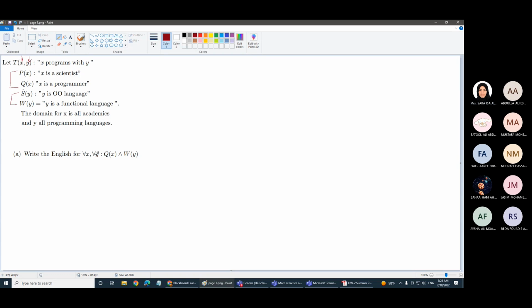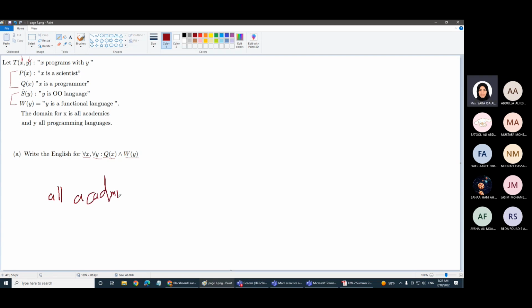In the symbolic form, I will write it as: all Q(x) and all W(y), and that's it. What is X? X is present in Q(x), which is a predicate related to the academics, so it will be all academics